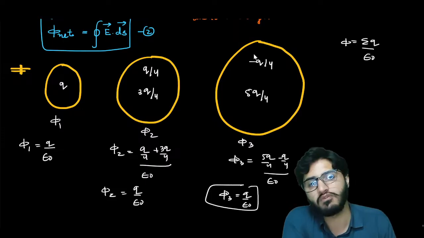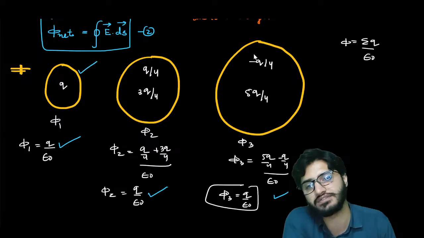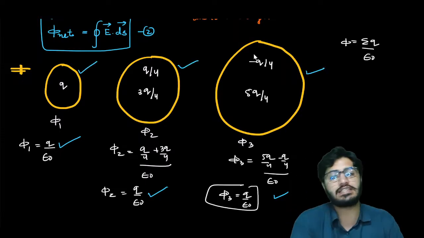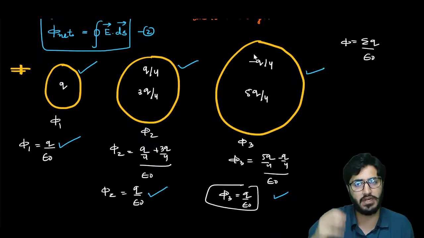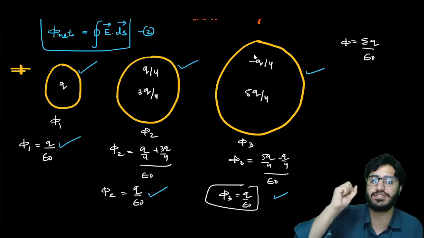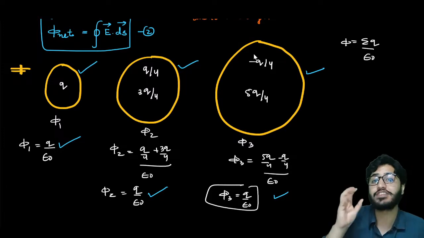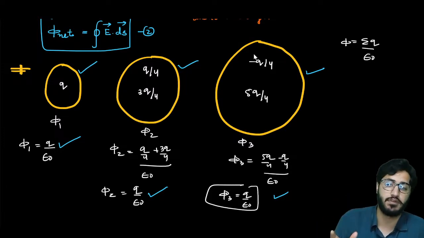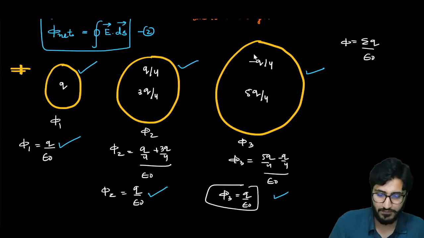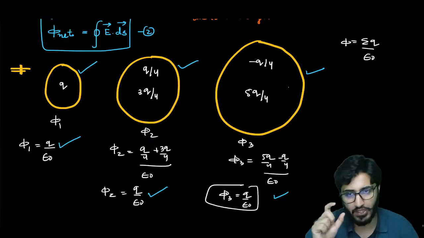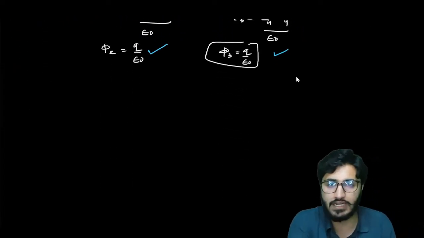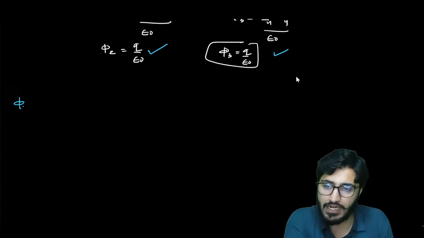So look, we have different sizes of 3D surface, but if the summation of charge is the same, my flux will be the same. So from this particular example, we conclude that my net flux